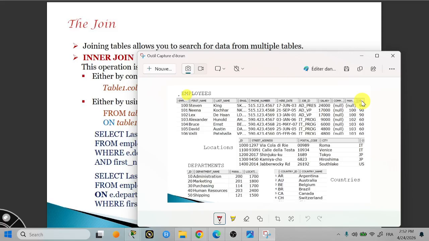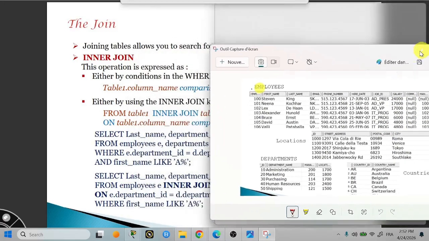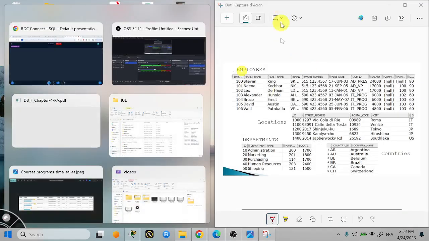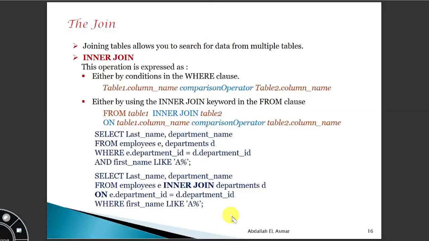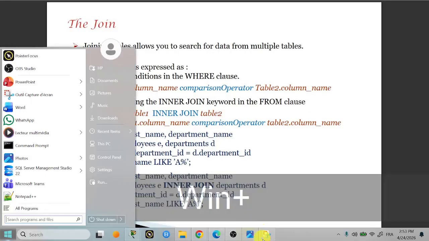There is department ID here in table employees. We don't have department name here. So as you see,